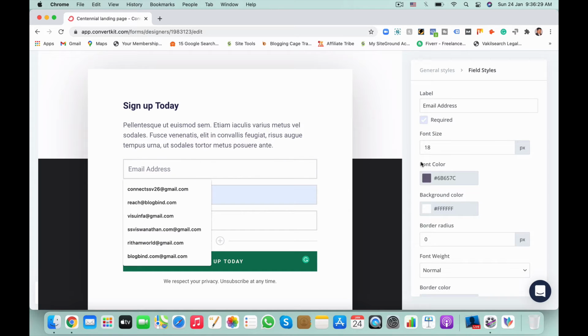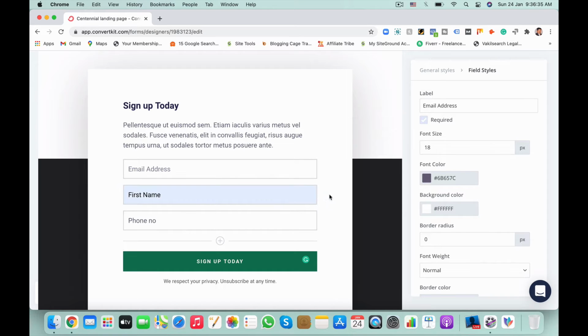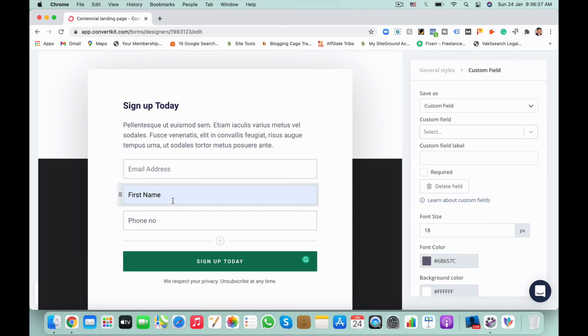Email address is a required field. Here you have the settings for each form field. For first name, save as custom field, select first name, required field. Whatever you want you can select here. For phone number, give the property details, custom field, required.